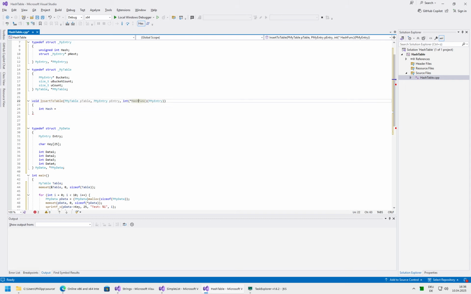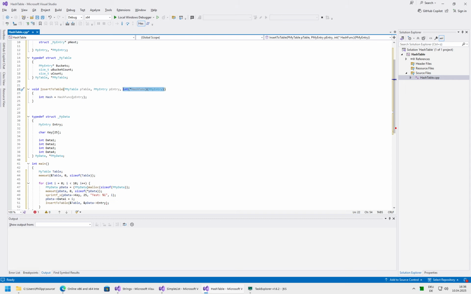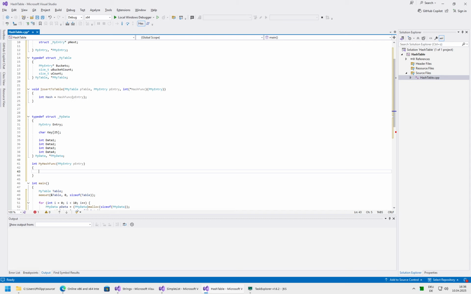So hash func of p-entry, and we need our hash func that will work with our special type, so let's call it my hash func p-entry. This will be a specialization which works on this type of data. So whenever we create a new data type, we need to provide an appropriate hash function for that. So here our hash func for the string: let's say int hash equals 1234, and now let's see